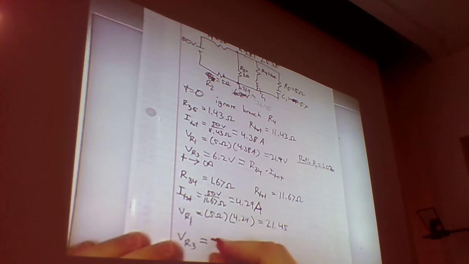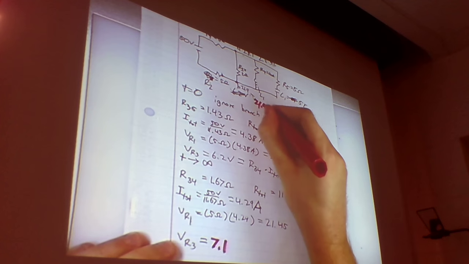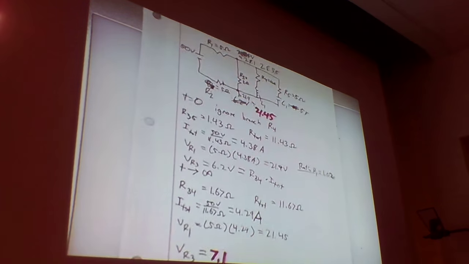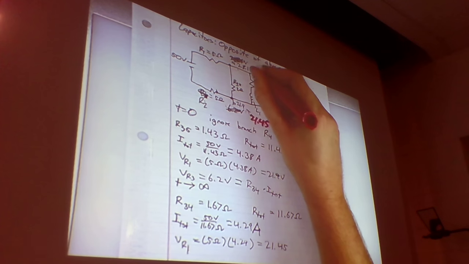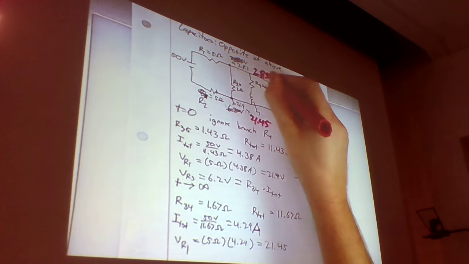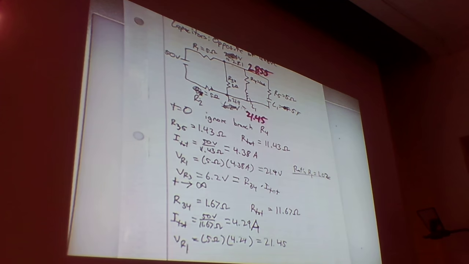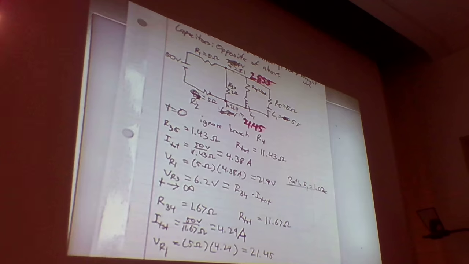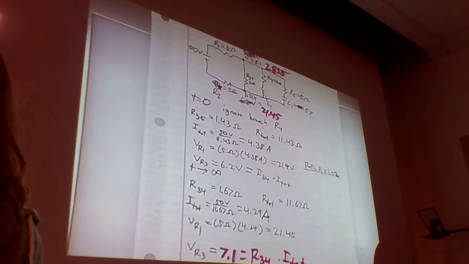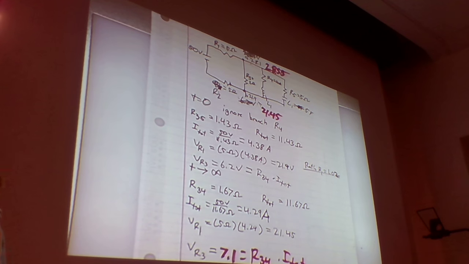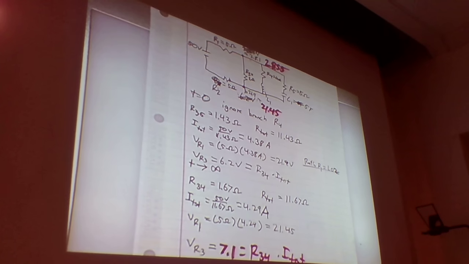Okay. 7.1. This is 21.45. This was 28.55. Yeah, so you end up with 7.1, which is also the same thing as R34 times I total. That would also work, once again, in this case. What else? And then I don't even know about 10. So if